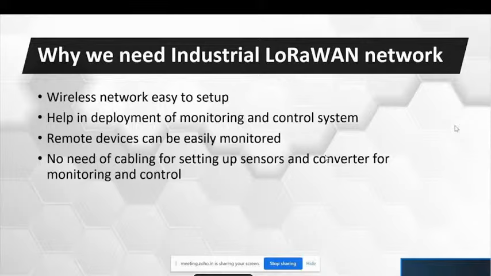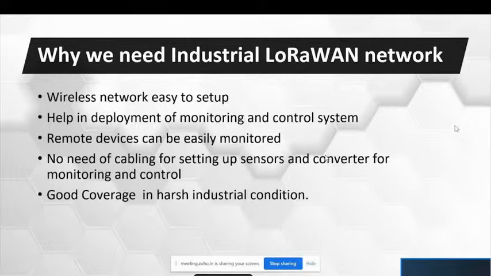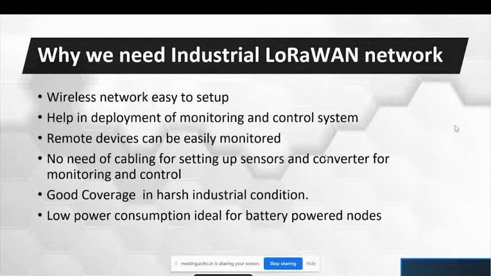And the data communication is already wireless, and it has very good coverage in a harsh industrial environment due to its LoRa chirp spread spectrum (CSS) method. Also, it is in a sub-gigahertz band, so it has very low degradation in signal, and it is very low powered. It can be used in a battery powered scenario where I can put a sensor and it will easily last me for 2 to 3 years.